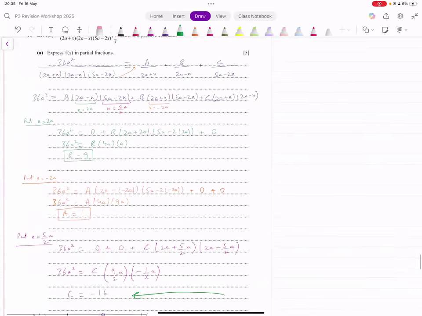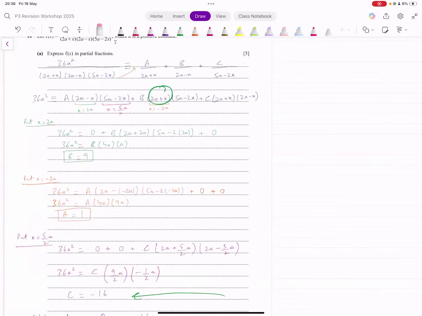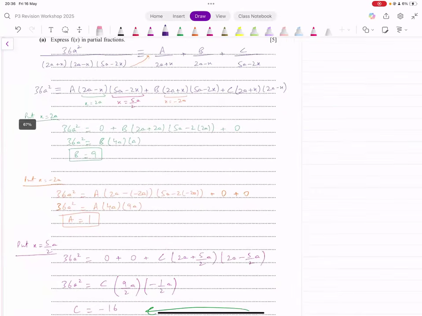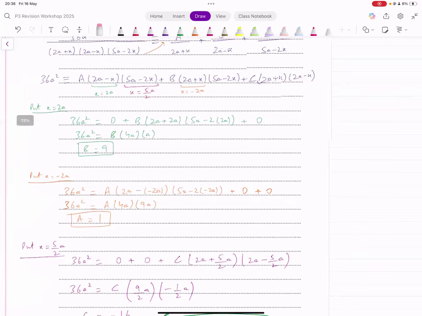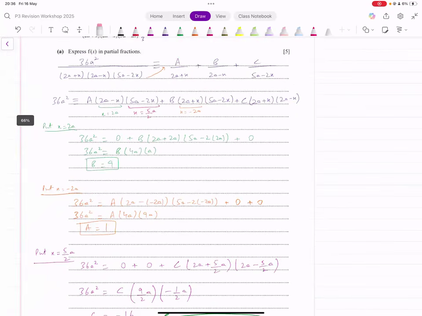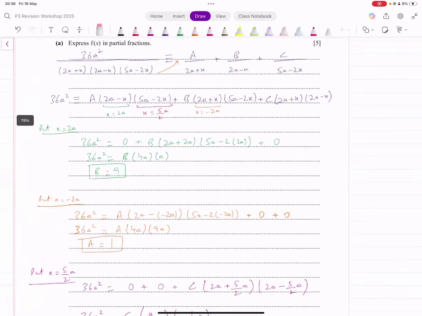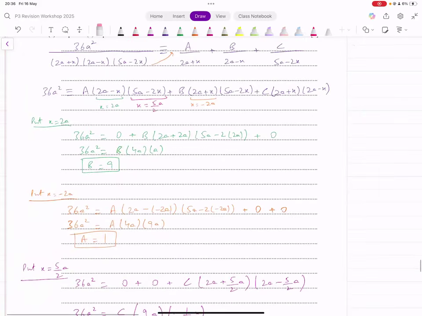Then make another bracket 0. This bracket 0, that's x equals minus 2a. You input x equals minus 2a, and you get the value for a from that as well. And then you have the partial fractions from that. Make sense? Sometimes you can have something like this as well, in terms of